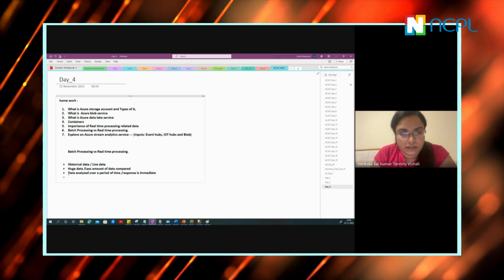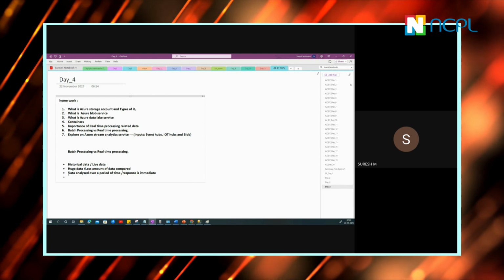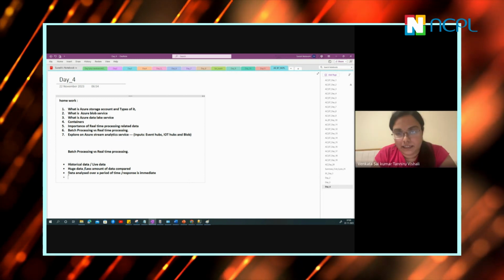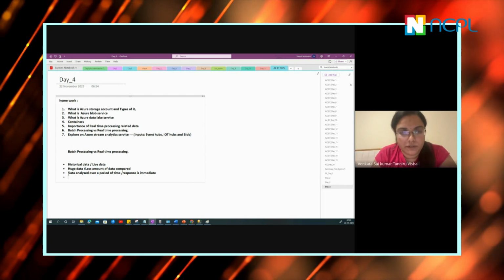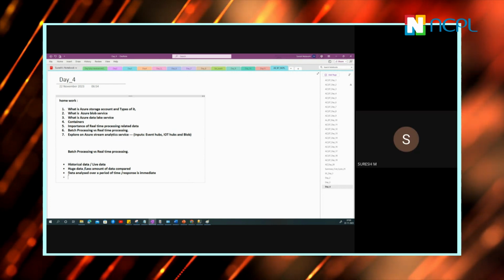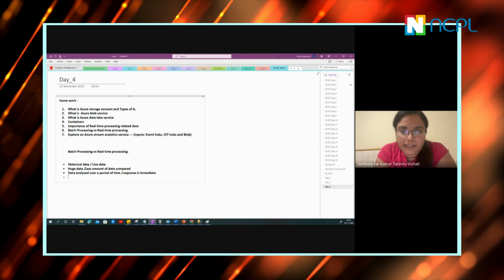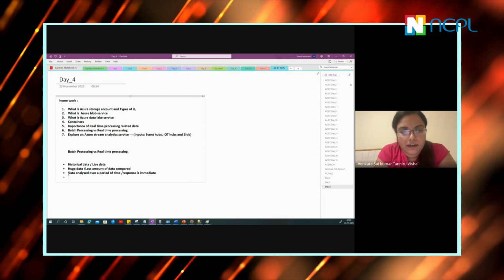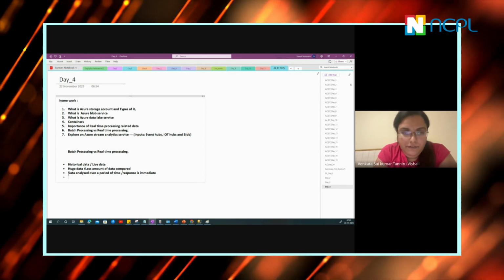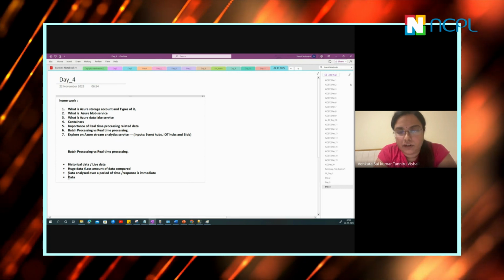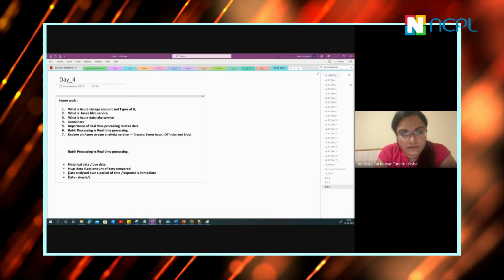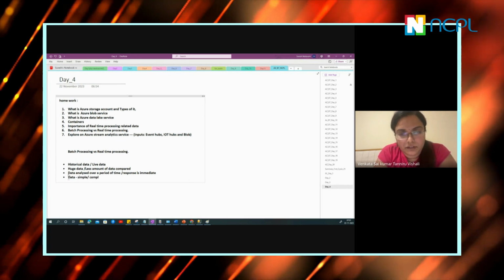So it is complex and sequential, and batch is just a simple one. If some data is missed, it doesn't affect the other data much. So it is not interconnected. Simple in batch, and in real time it is complex.